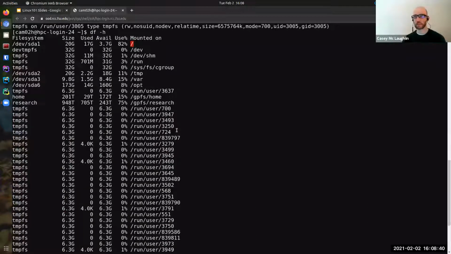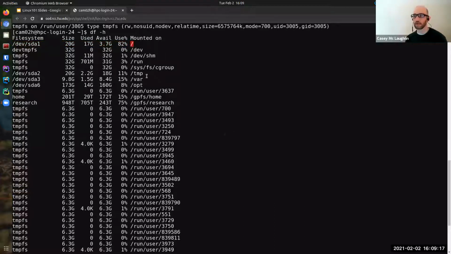And I should mention here that almost everything, at least, in Linux is denoted by a file in the system somewhere, including devices. And that's not only done for consistency and convenience, but it makes managing a lot easier too. So this physical disk has 20 gigabytes. It's 20 gigabyte size. We've used 17 of them, so 3.7 or 82% are available. Okay, and it's mounted at the root.